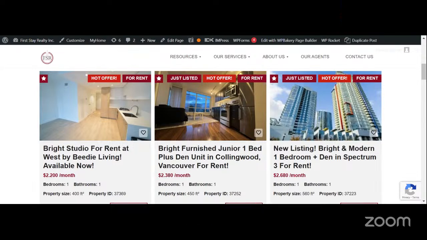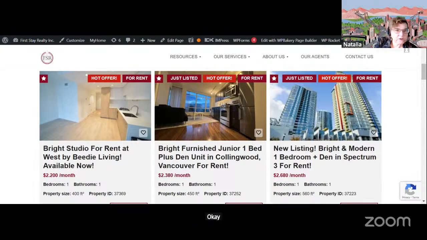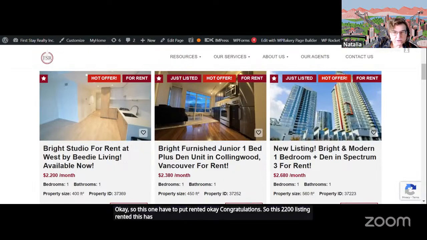Yeah, but that was the studio that was rented to Samdy, you know, the old tenant from 1040 Austin. Okay, so this one has to be marked rented. Congratulations. So this 2200 listing is rented. That has no business saying for rent. So where is this